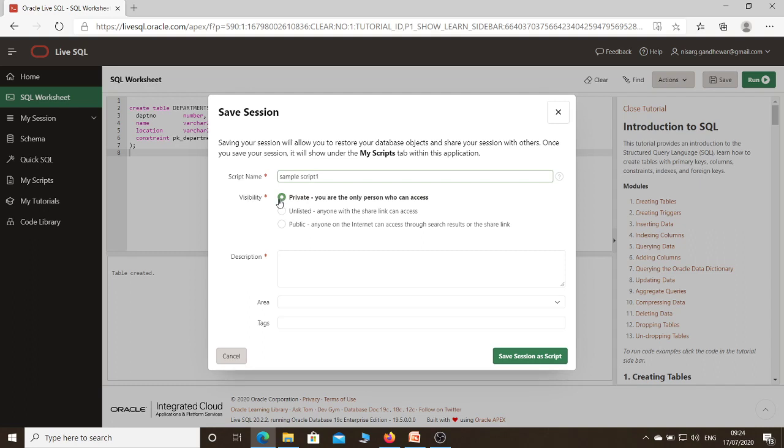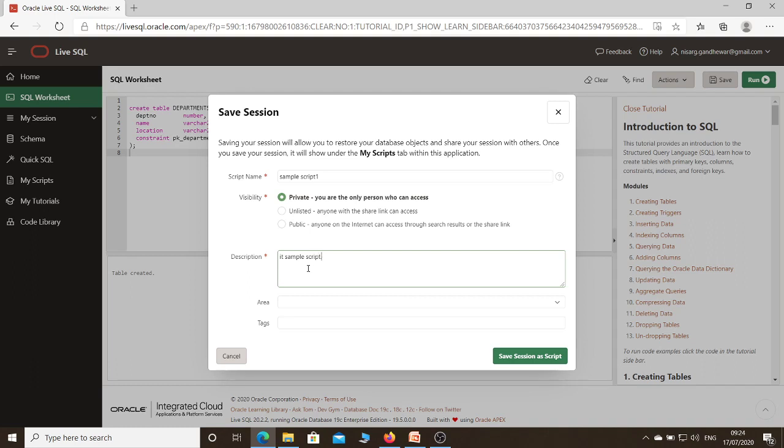Then visibility: you can keep it as private. If you keep it as public, anybody can access it. That depends on you. If you want your file to be used by you only, you need to keep it private. By default it is private. Then you also have to provide a description, where you can write anything. I am just writing over here, it's a sample script, and sorry, the spelling is wrong.